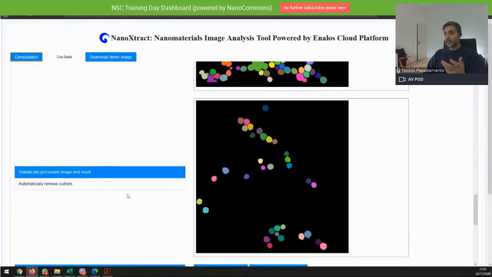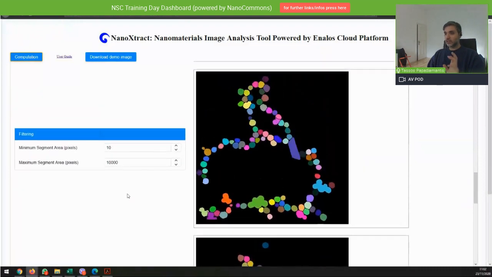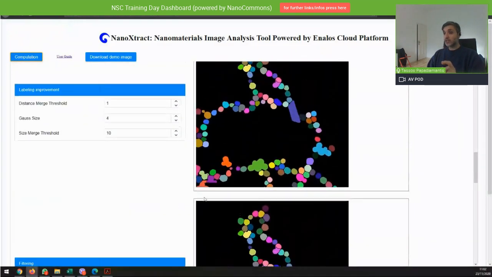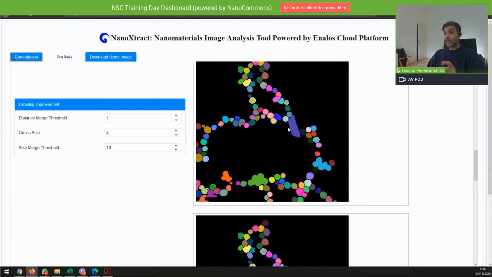In which case this might be a bit better, but that's a different story. So here you can see that now we have less splitting. We have the full artifact here, as you can see, but also we have more aggregation in the nanomaterials, as these have been identified, because we told the tool to do less splitting.